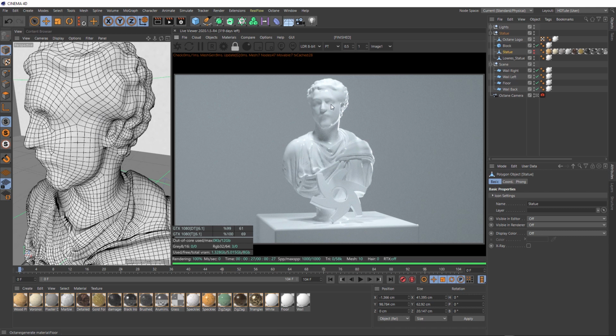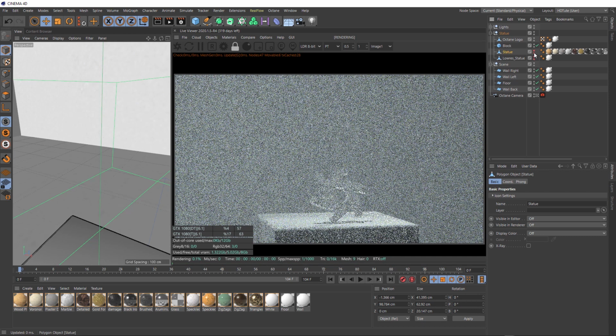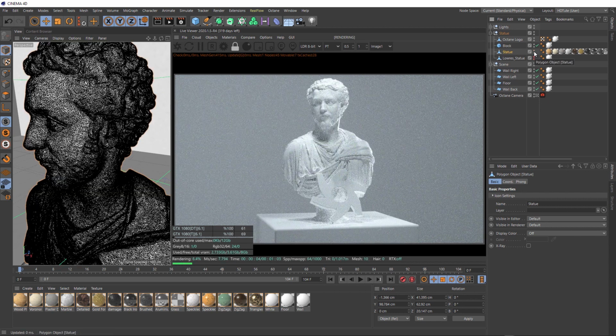detail with this model. Another option would be to bake the finer details into a displacement map and use the low res models with displacement instead, rather than a high res mesh. Just be careful with displacement maps as well though, because they can slow down your renders if you overuse them. Anyway, in this particular case, I think we'll sacrifice the 3 seconds off our render and use the high res mesh instead. Alright, so we're back at 31 seconds a frame,